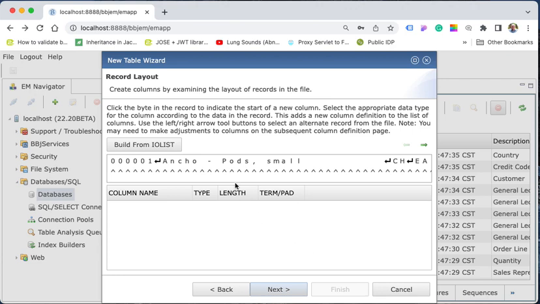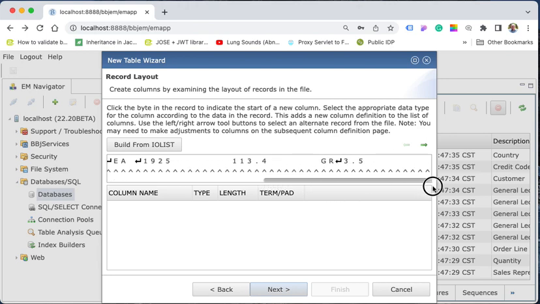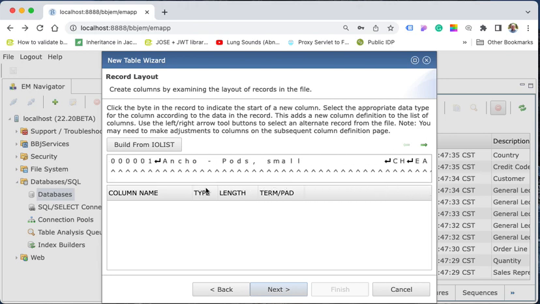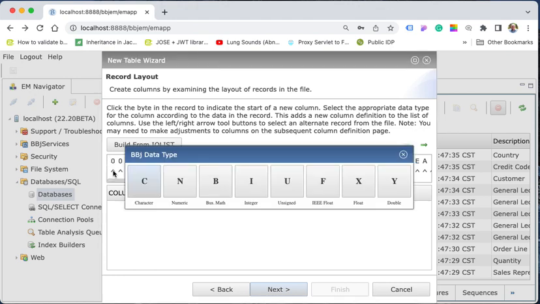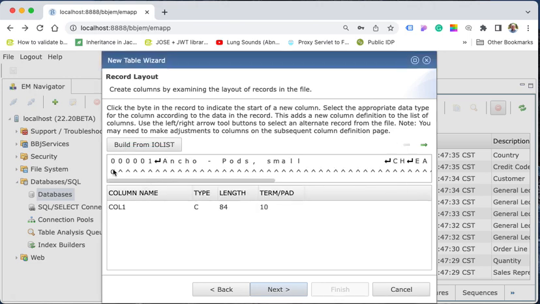doing it visually. Now, since we don't have an IO list or a string template, we're going to have to look at this. And it's pretty clear when we're looking at this character data where each of the fields starts. So what we do then is mark the beginning of each field in our definition. We're going to start off right here at the beginning. We click on that, and we can either click on the type that we want to use, or we can type the character. So I'll just type C, and notice it added a column, and it just gave it a